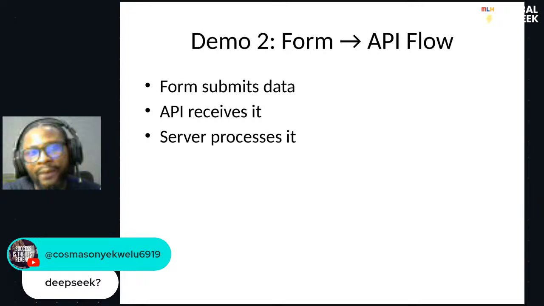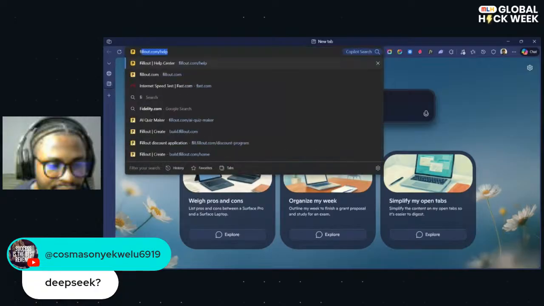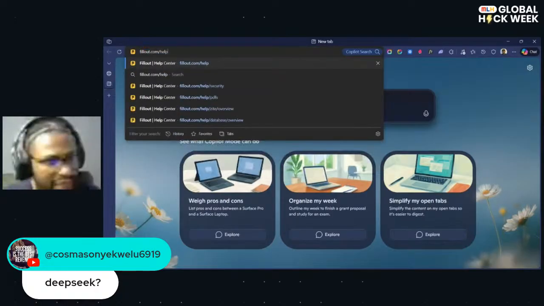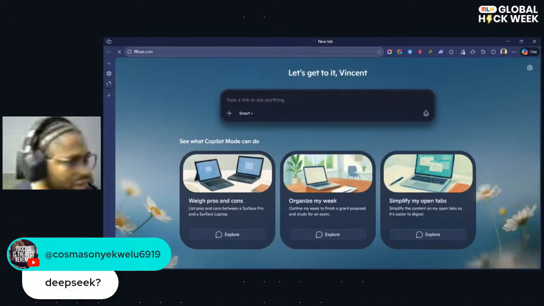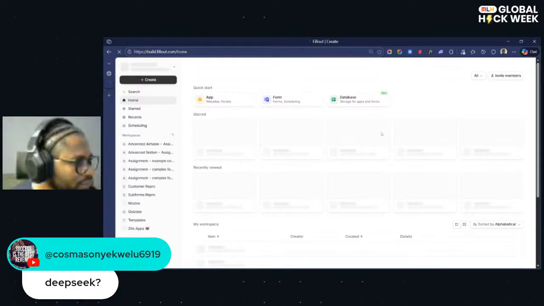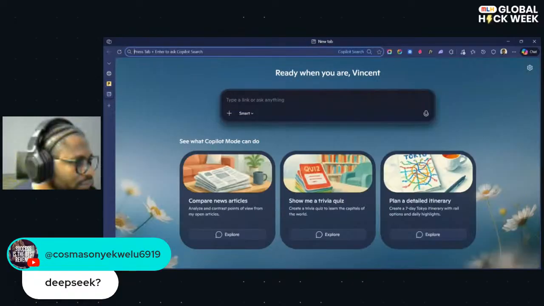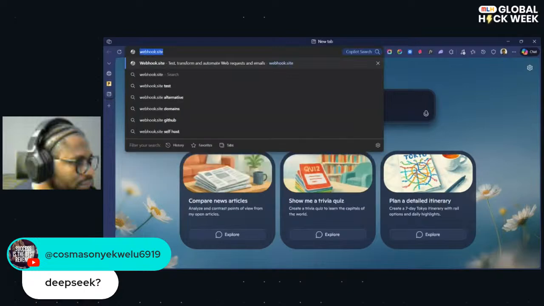So I'll share the screen back. For this, I'm going to use a form platform called Fillout. It's just a form platform where we can create forms. And I will also use a website, webhook.site. If you're trying to follow along, I'll drop those links for you as well.